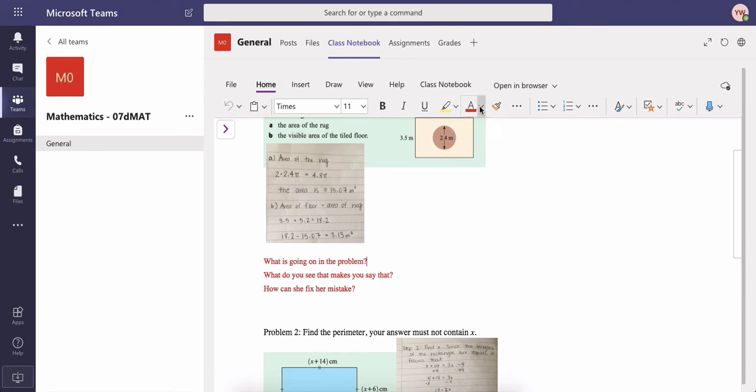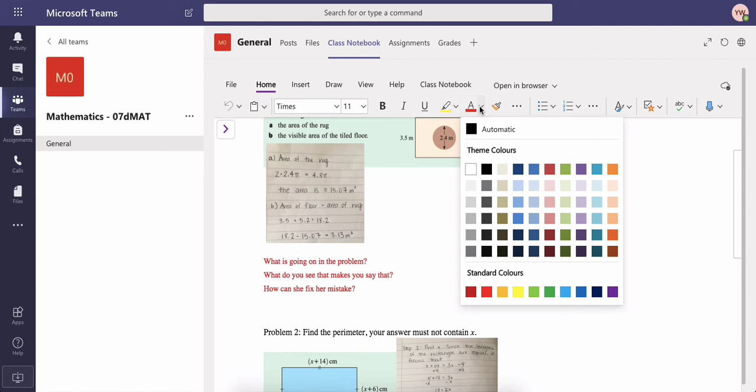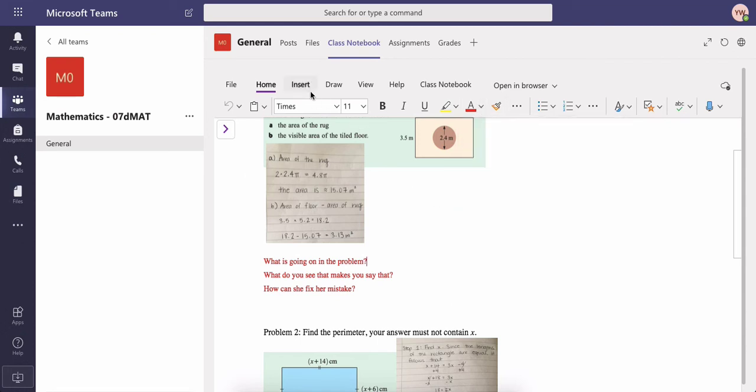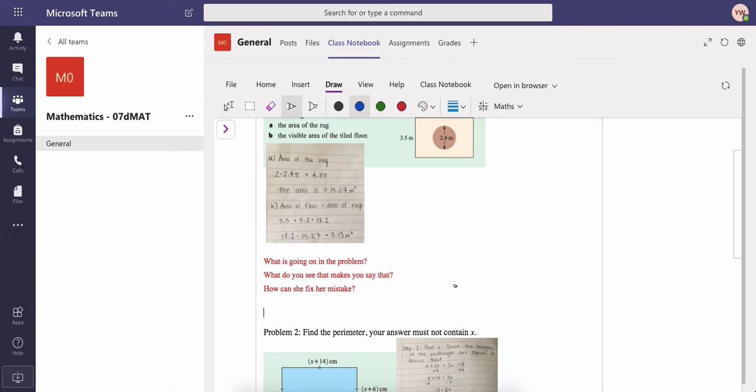You can choose the text color. If you don't want to type in red, you can choose any color you want. You can also insert, let's say, picture. If you will prefer to, for instance, write down on paper and then later on take a photo of it, then you can always insert it here. So you can insert picture somewhere at the bottom like this. And if you want to write with a pen, you can click draw, choose pen, and you can choose any color you want, and you can start writing. Use your trackpad to say write something you want, x squared or something.